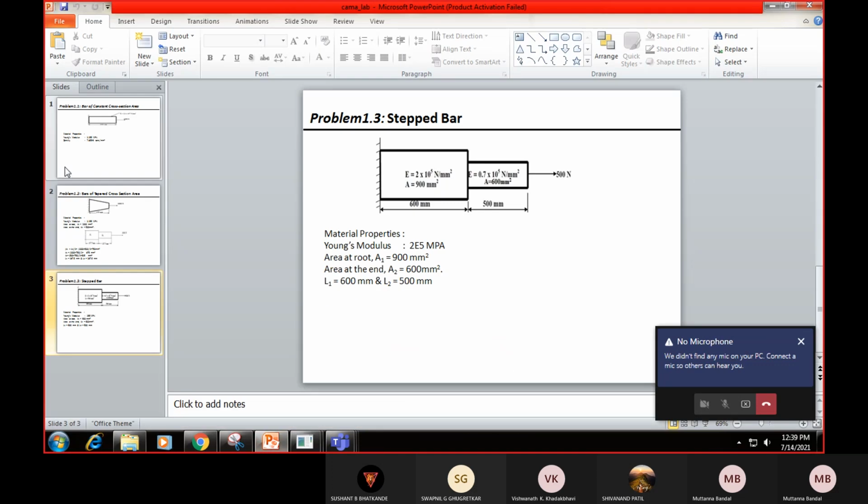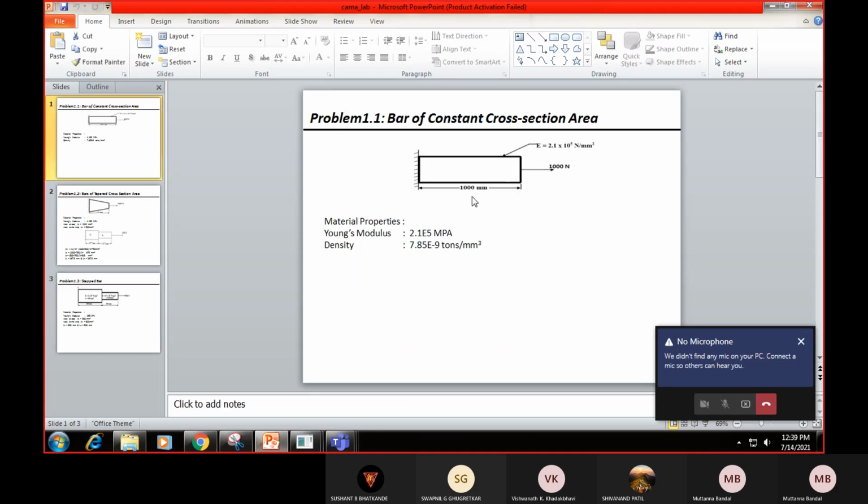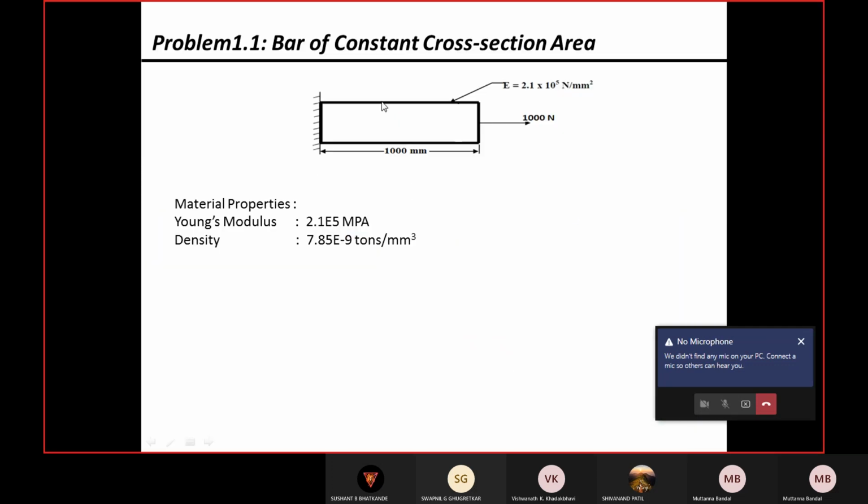So here is a slide. There is a bar with a constant cross section area, with a length of 1000 mm, and they have given a Young's modulus as 2.1 into 10 raised to 5 Newton per mm square.